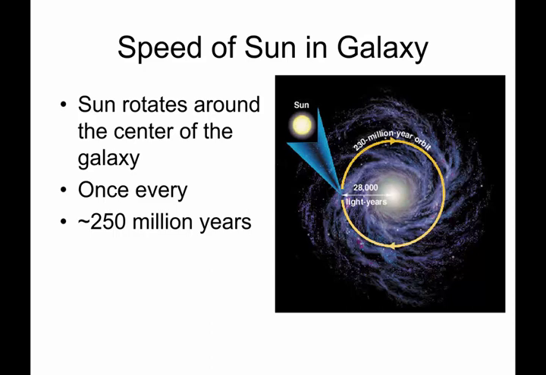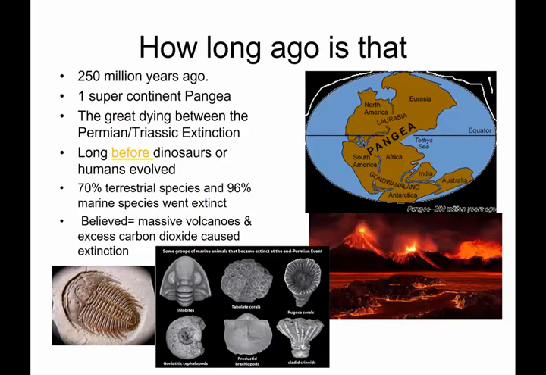We are about 25, other slides said 25,000. This slide says 28,000. Yeah, we're a ways out from the galactic center. And we are rotating on one of these spiral arms. We are rotating around that galactic center. At what speed? Well, it takes about 250 million years for us to make one complete revolution around the galactic center. So how long is 250 million years? It's a long time. To put it in perspective, the last time we were at this location in our rotation around the center of the galaxy,